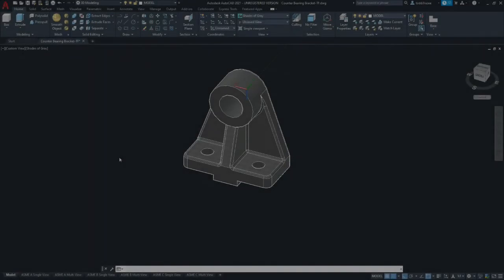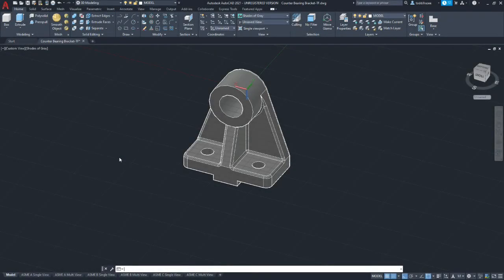Hello, this is Todd Frazee, and this video is to follow the process for development of orthographic views from a model procedure that is posted on Canvas. So we're going to go step by step if you want to print it off.